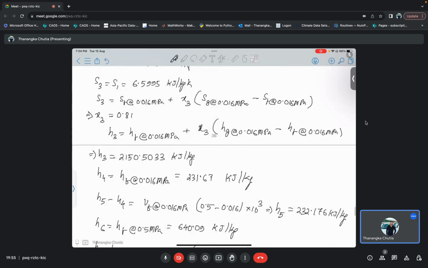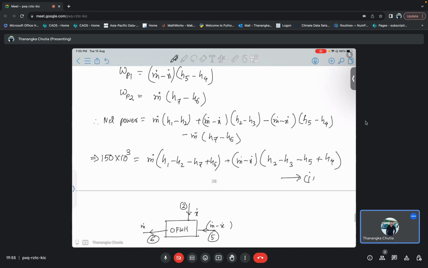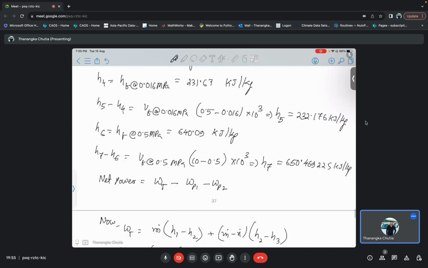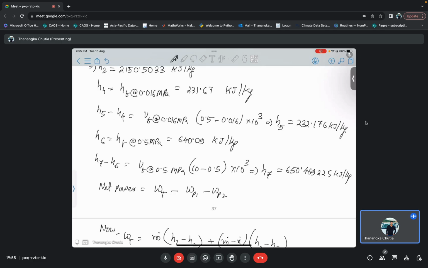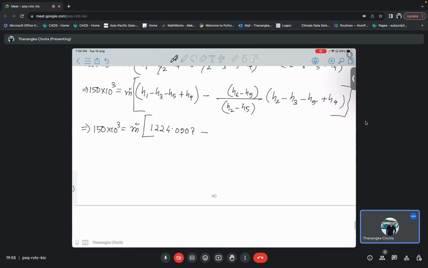H2 is 2642.6995 minus H5, 232.176, which gives 83.2048. And from here our m dot is